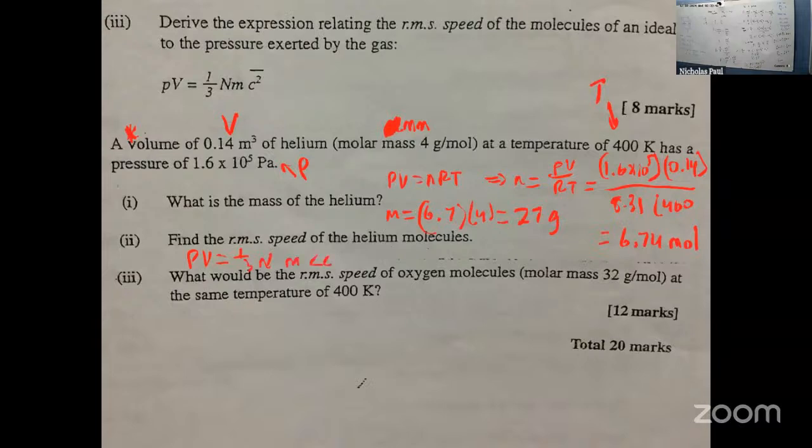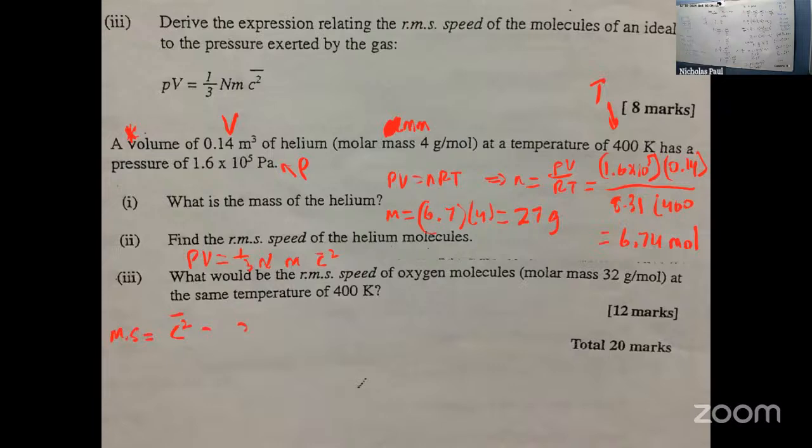Wait, they also ask for mean square? Yeah, they ask for the root mean square. So they get mean square first. Oh, I see. It's not R the F the S. Square speed. All right, so write it down. RMS means root mean square speed. We write it down. Root mean square speed, right? So therefore, mean square